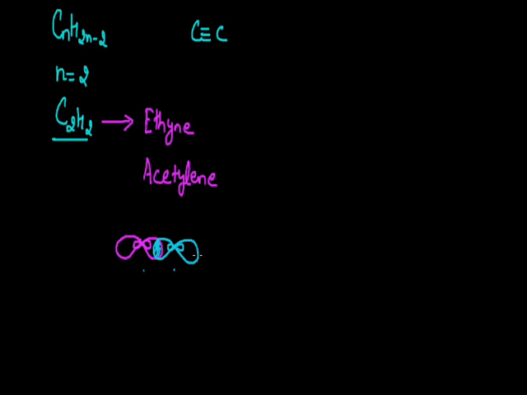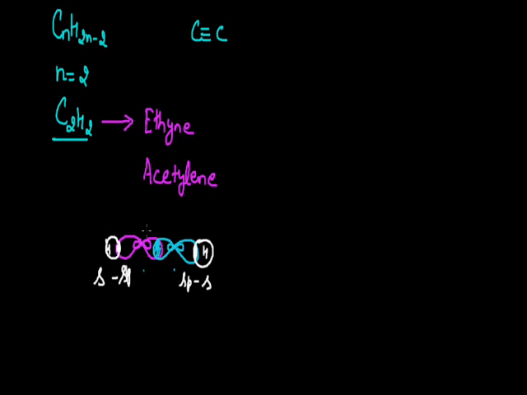Now here one orbital of this carbon atom and one orbital of this carbon atom is left, and two hydrogen atoms are also there. The s orbital of each hydrogen atom overlaps with this sp hybridized orbital. This is the s orbital of the hydrogen atom, and this one is the overlapping between the sp hybridized orbital and the s orbital of the hydrogen atom. The same thing is repeated for the next carbon atom also. So this is the sp-s orbital overlapping. This one is the hydrogen atom, and this is the sp hybridized orbital, which overlaps with the s orbital of the hydrogen atom. And that is the geometry of this acetylene molecule.